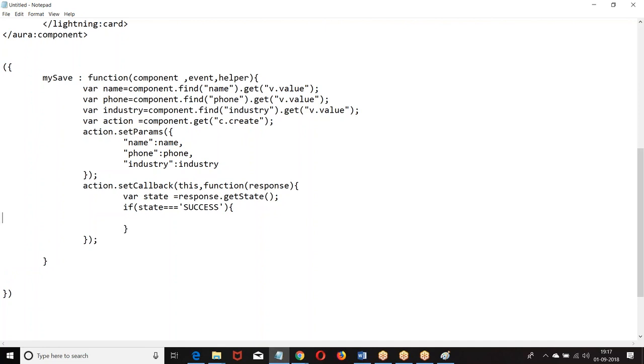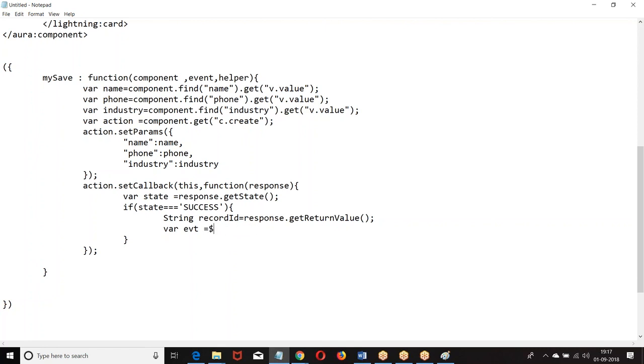What is the method giving? Record is equal to response dot get. Then once you got the return value, you are supposed to create an event. How do you create an event? Component dot, how you define it?